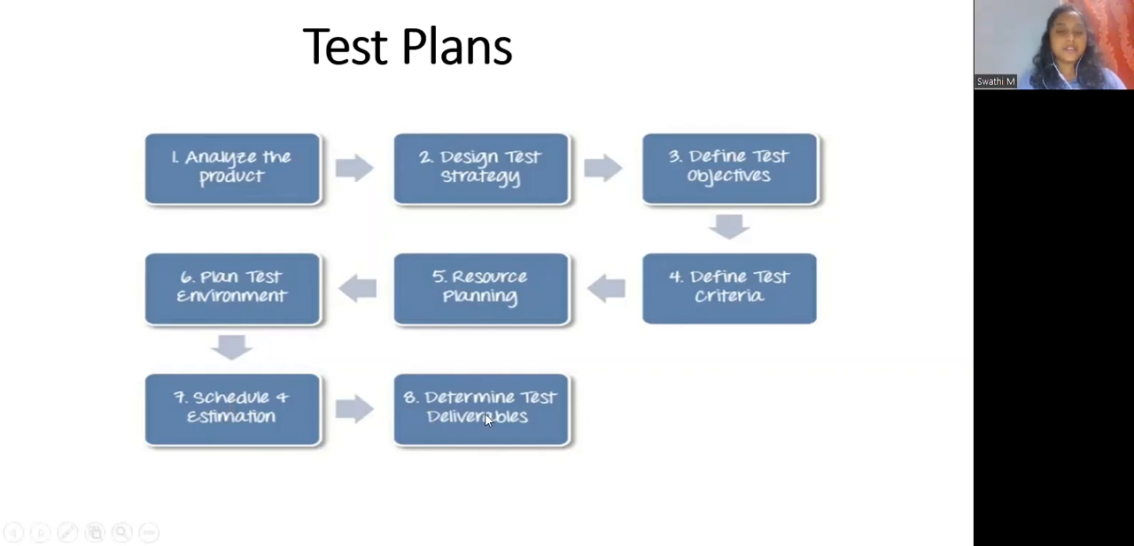The final one is determine test deliverables. Here, it is a list of all documents, tools, and other components that have to be developed and maintained in support of the testing effort. So here, for example, we take what we have to do before testing, during testing, and after testing. So the next question is